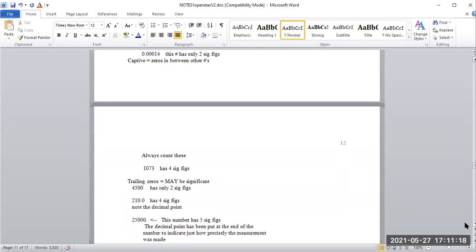Captive zeros, in between other digits. They are always significant. I picked the random number of 1073. The 0 is in between the 1 and the 7, so it is significant. There are 0